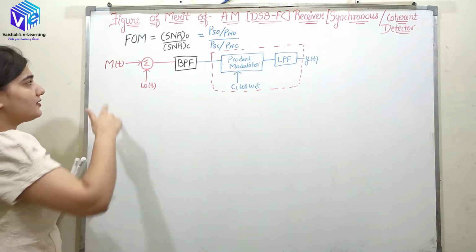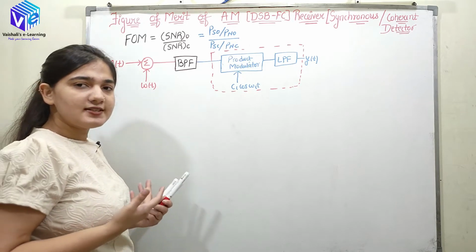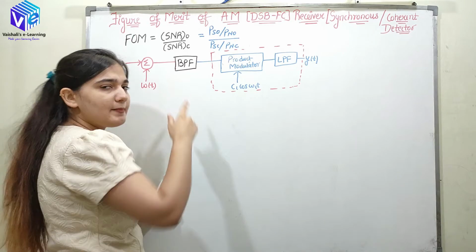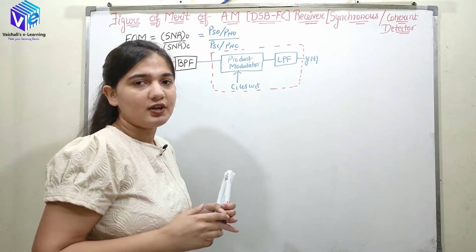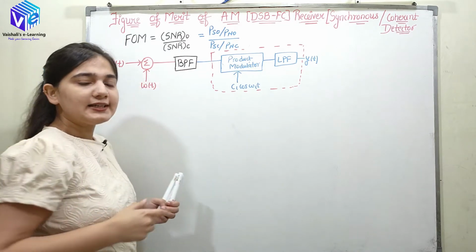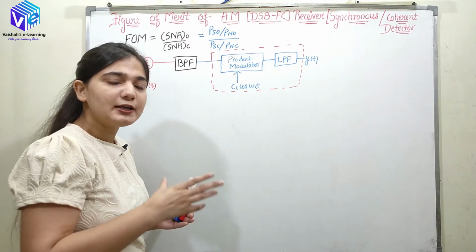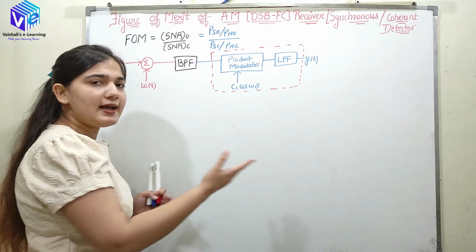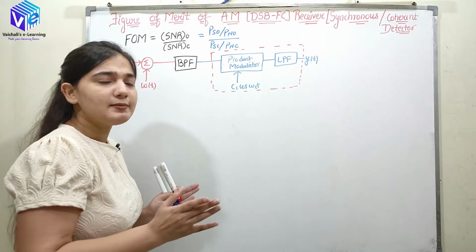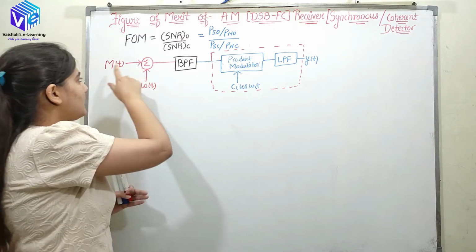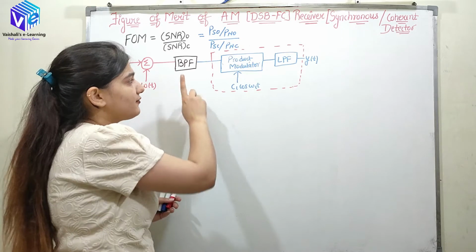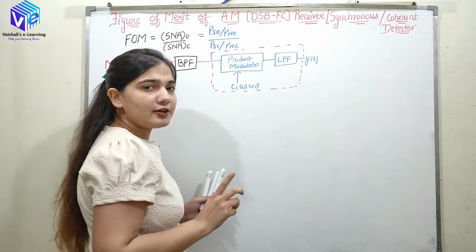Now this is my modulated signal, which is represented by m(t). It is added to the noise w(t). It is then passed through the band pass filter at the receiver input. Why, I have already discussed. We just want to extract the message signal, which is in a particular bandwidth. We don't require the minus infinity to infinity bandwidth because the noise will be there. So we'll extract only the message signal using the particular bandwidth, and we'll use the band pass filter for that.